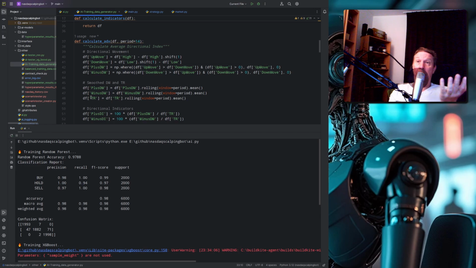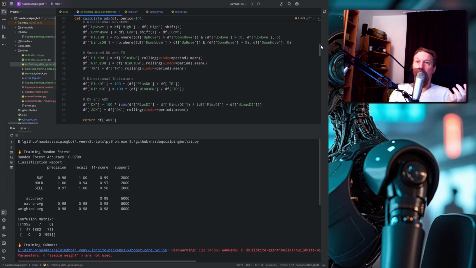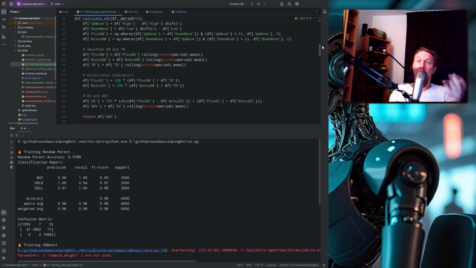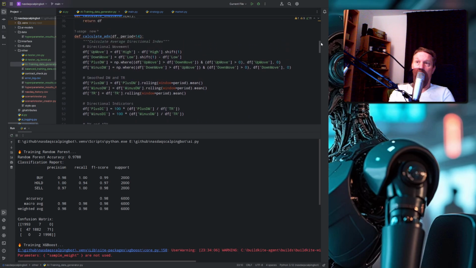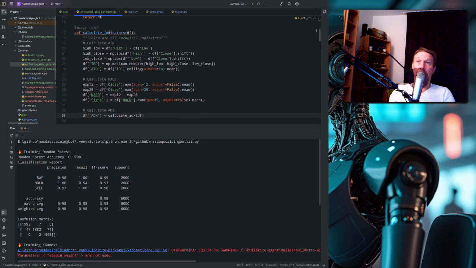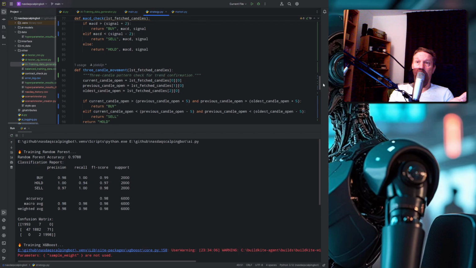Plus DM, minus DM, TR, and then all your info you see right here based on a 14 candle period. So all these extra technical indicators are generated based on these new values. That's what I added. That's what I changed in the strategy. And that's what I added into the